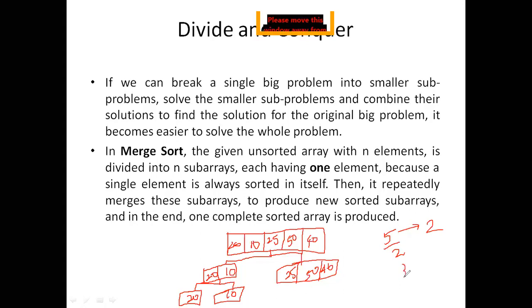Again 3 divided by 2 is what, guys? 3 divided by 2 is 1. So this I can divide into one element, 25, and this will be divided into two elements, 50 and 40. Again, these are individual elements. Here do I have to touch anything? For which one do I have to split again? This 50 and 40. This is 50, this is 40. Now you tell me, like I told, did I get 5 subarrays?